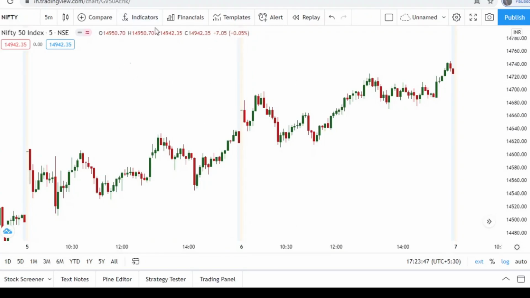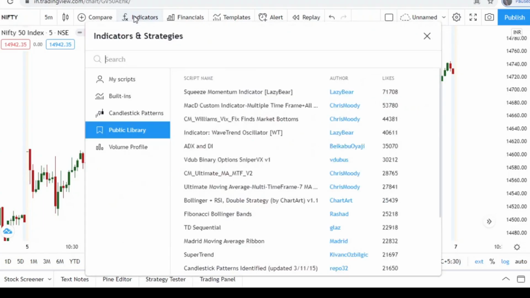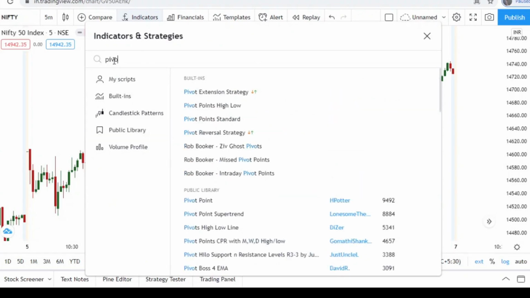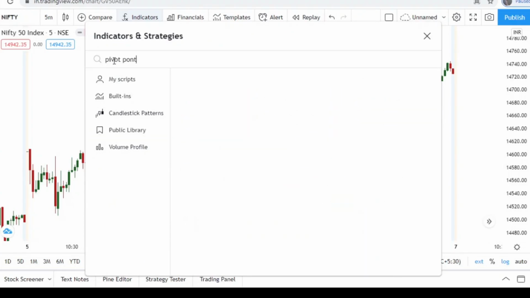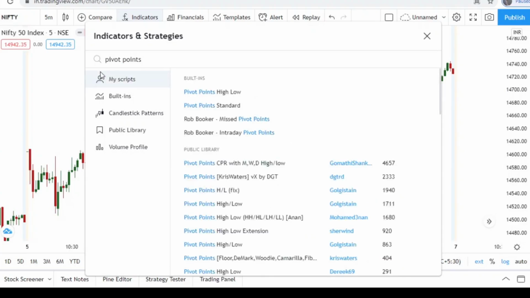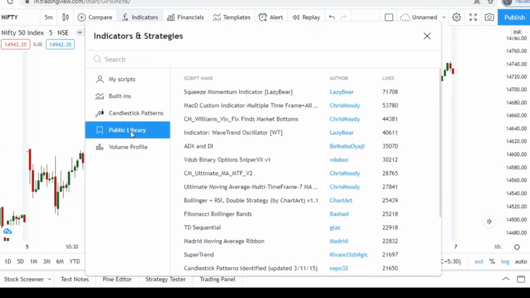To plot daily pivots, weekly pivots and monthly pivots, first you have to click here, Indicators and Strategies. In this search bar, just type pivot points. Then click Public Library. Here you can see there is an option called Public Library.